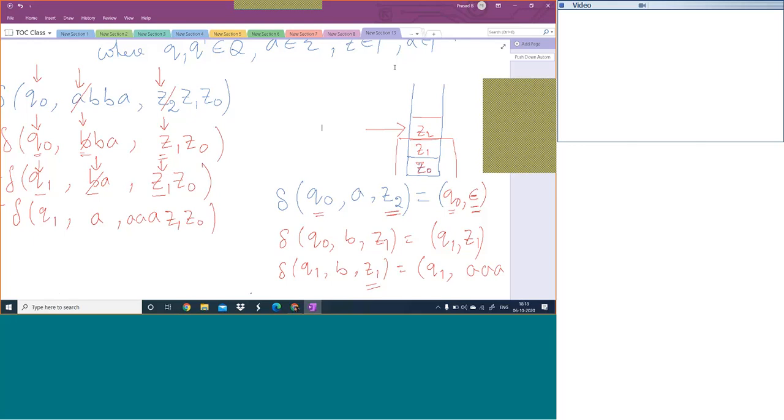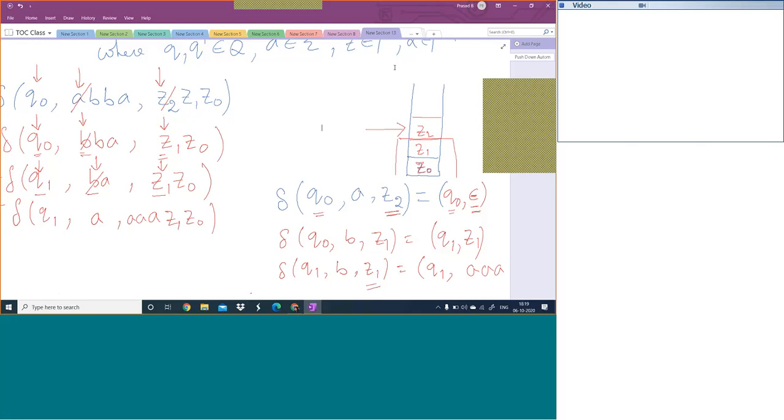After completion of each transaction, the PDA may or may not change the state, and the topmost symbol in the stack may be deleted or kept as it is,